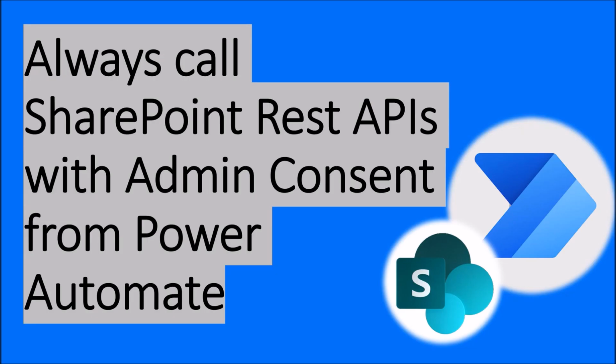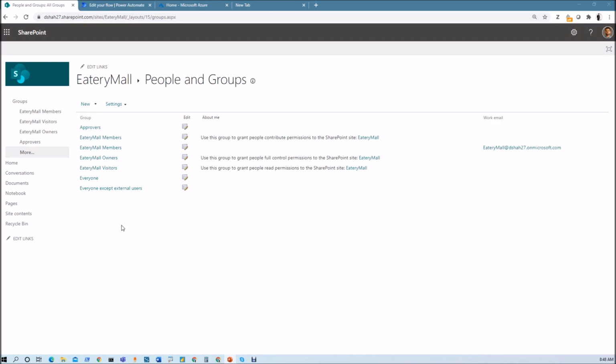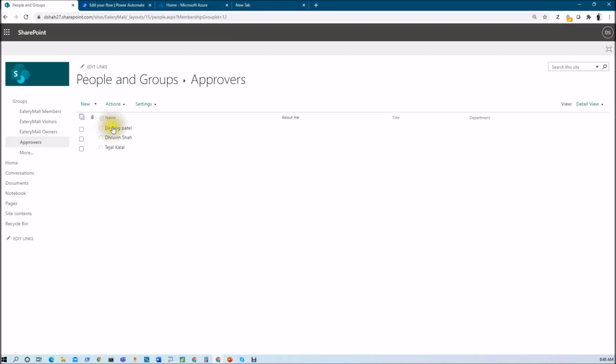So now let's get started and talk about the business requirement. Here I have one SharePoint site named Eatery Mall, and in the Eatery Mall site I have one group named approvers. In the approvers group I have added 3 different members. Now my business requirement is that I want to find out the members of that group and display them